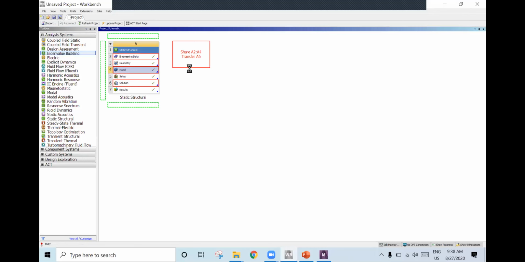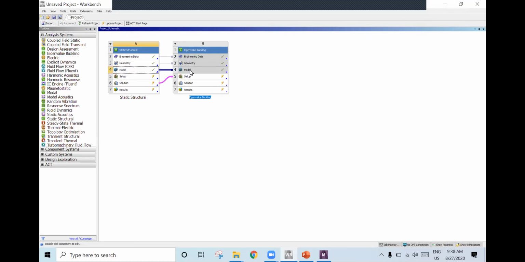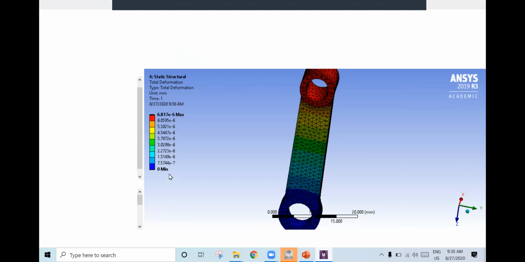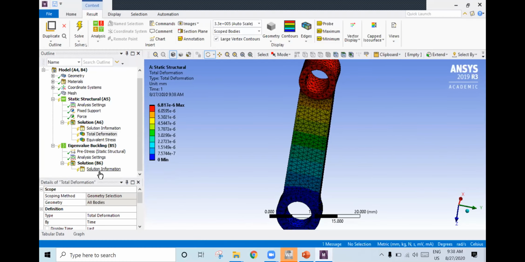See, this is very important. Everything has been linked. Again you come back to this. Here you will get eigenvalue buckling and static, both.